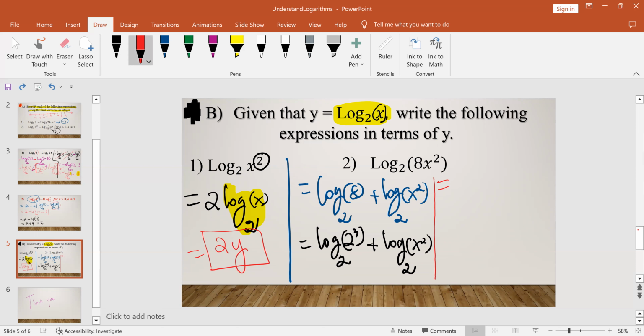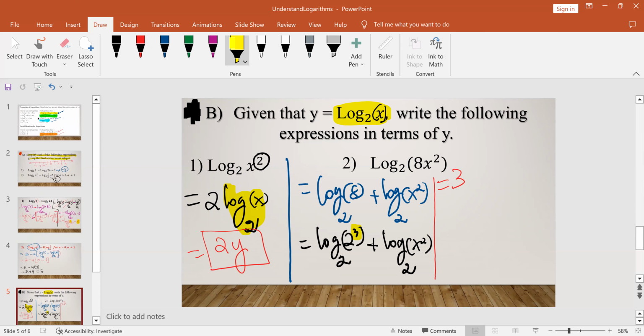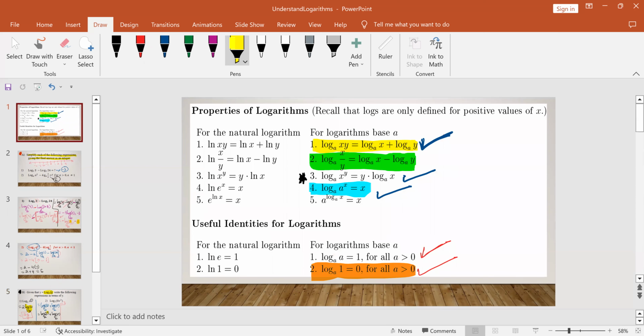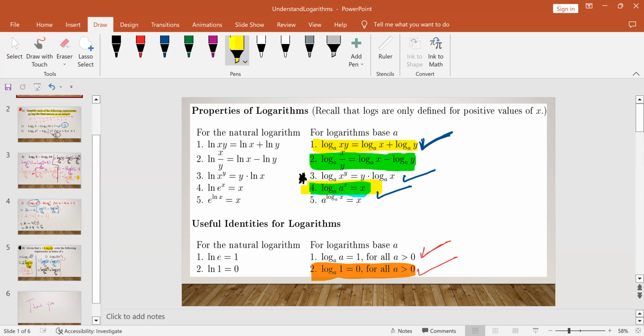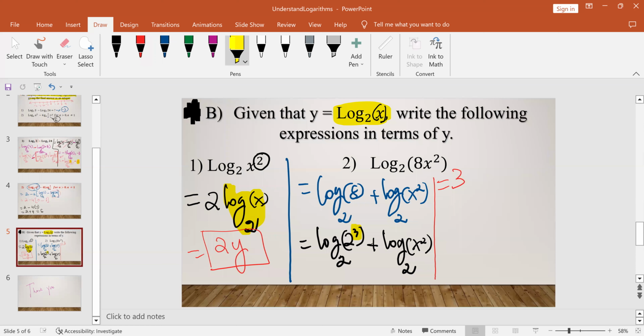Let's just write it as a 3. We apply the property, let's go back to the property, saying that when you have log of a to the x power with base a, the answer is just x. So therefore this will be 3 plus